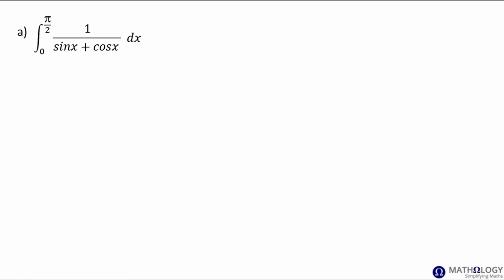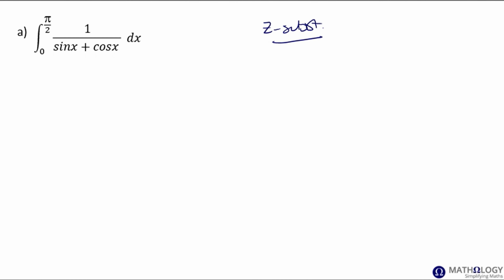So evaluate the integral from 0 to pi over 2 of 1 over sine x plus cos x. Now just looking at this integral, you can try to evaluate it using any other technique, but you'll find that none of them work. So we can use the z substitution here,